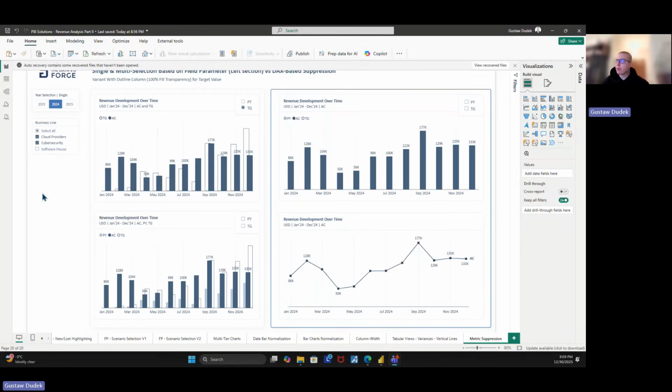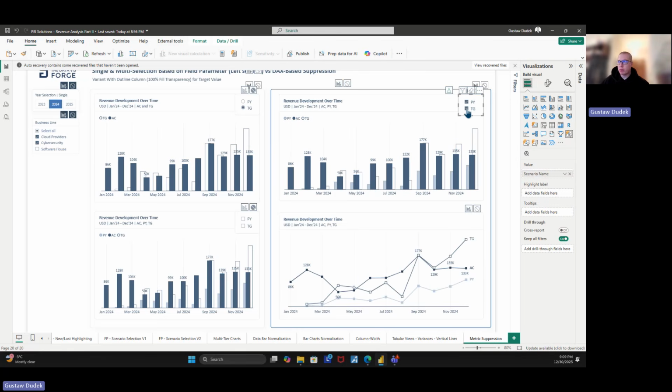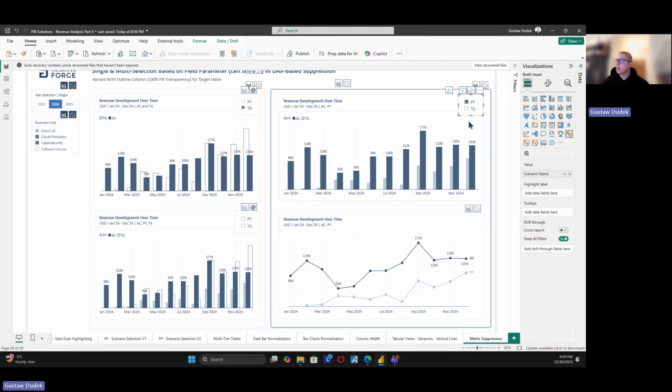So let me explain. Even if you have unselected both items here on the slicer, as you can see here, either the previous year or target are selected, you can see that only the actuals are visible on the charts. So if you pick the previous year and the target, you might display both metrics alongside the actuals, both on the column chart and a line chart. However, if you unselect both elements, also excluding the previous year, now you can see that only the actuals are